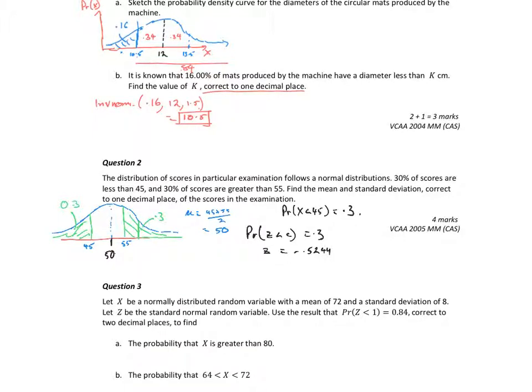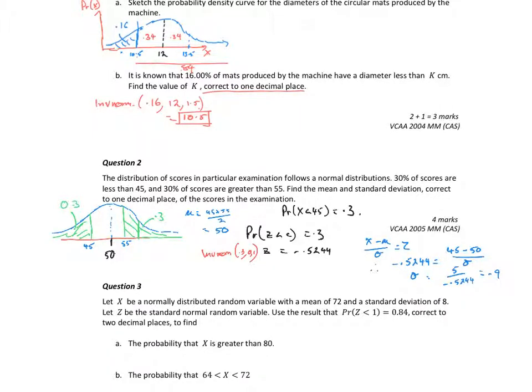0.5244. Now don't forget that I've used inverse norm, 0.3, mean 0, standard deviation 1 for a Z distribution. Okay, so now I know that X minus mu on sigma is equal to Z. Therefore, negative 0.5244 is equal to the X value, which was 45, minus the mean, which is 50, over the standard deviation. So sigma equals 45 minus 50, which is negative 5, over negative 0.5244, which is equal to